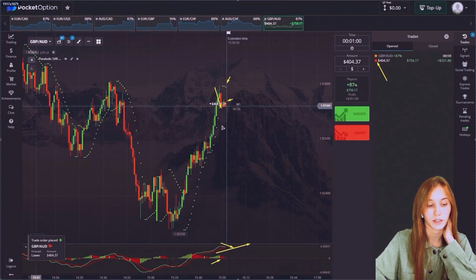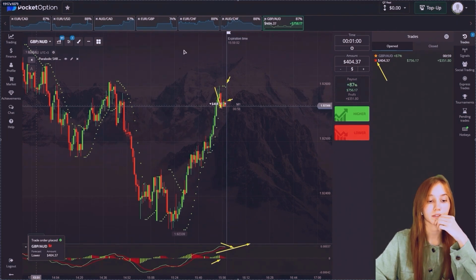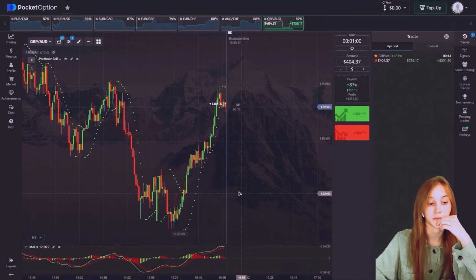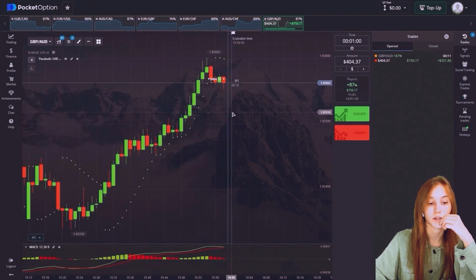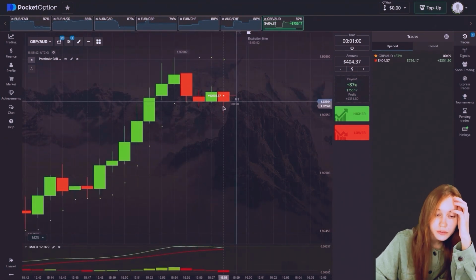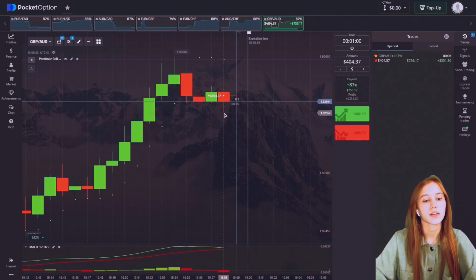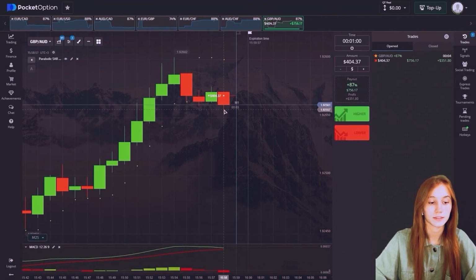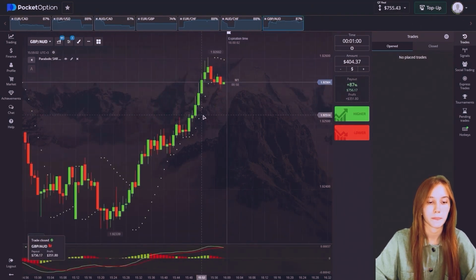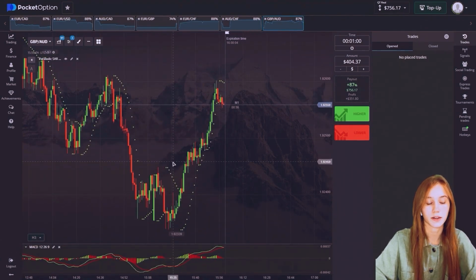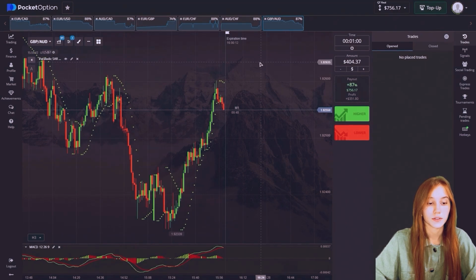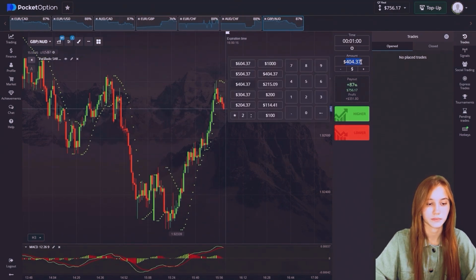So let's look at our chart. We see decreasing, it remains stable. For some reason the shadows are strongly pushed to the lower position. So 3 seconds left. And yeah, successful deal, as I said. Good. 7th concept at the moment. $756 on our balance. Let's decrease our daily amount and move on